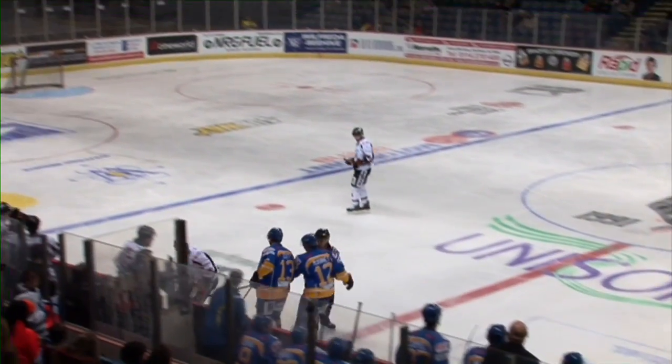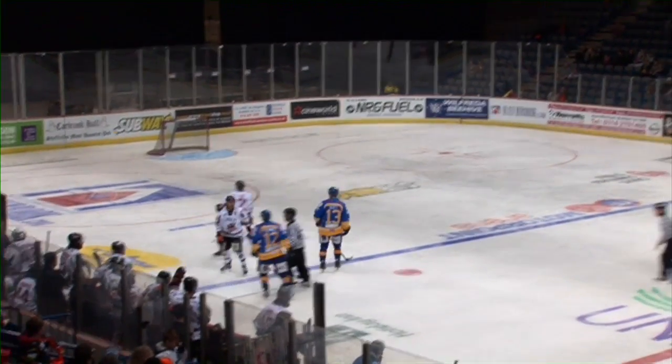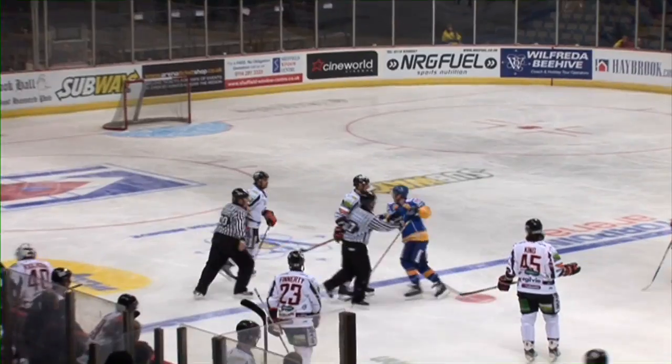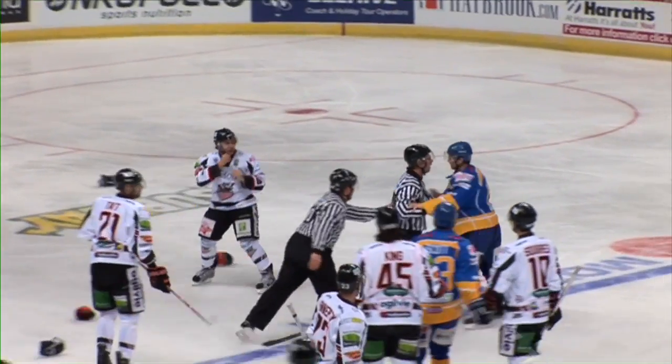There was only 1 goal in the first session. As you'll see now, things got a little feisty. It came out of nothing, just a few players on the boards there. Not much going on. The camera, though, then sees that these 2 players are having a talk. Huttle it is,